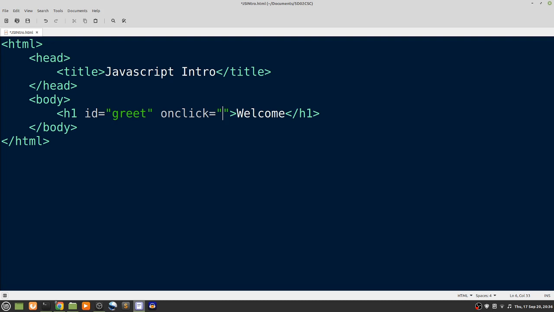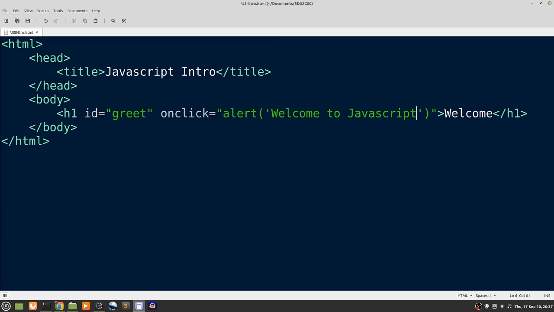There are other methods to write JavaScript code, but since this is the first lesson on JavaScript, we will use a very simple JavaScript code to explain what JavaScript is. So we will write onClick is equal to, and what we have to do, we can put an alert. Alert in JavaScript means a message box will pop up and you have to write within parentheses what should be the message inside the alert box. So let's put a message like welcome to